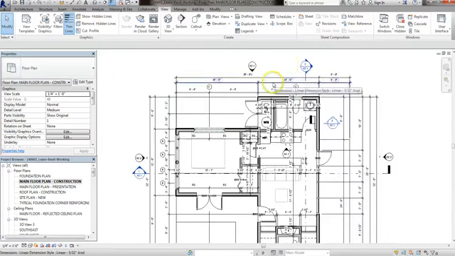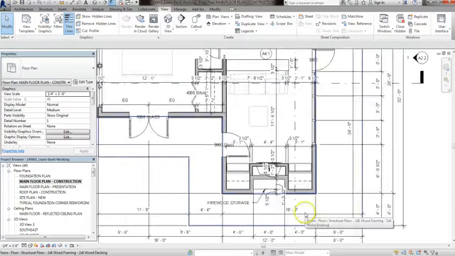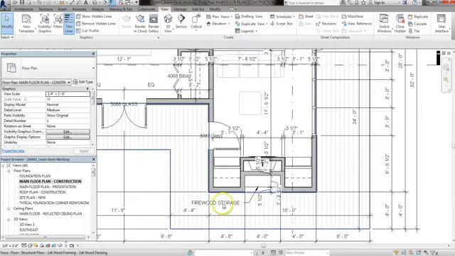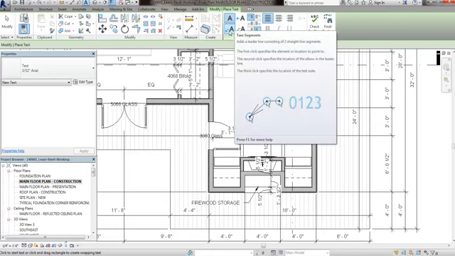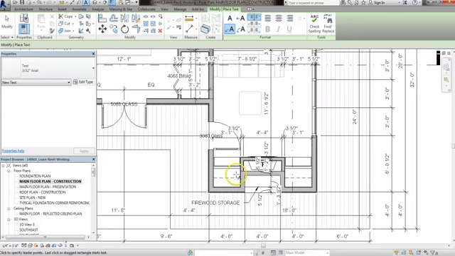The next thing we're going to do is create some text. So if you look at the bottom of your page, there should be a little text that says calls out for firewood storage. And then there's another text, which if I look over at mine, says hidden closets. So text is this big A up here. And what you need to know is right here, if you just had this click, you would just click right here and you could start beginning to do your text. But if you want leaders, basically, there's a straight one. Normally we use these 2 segment leaders. And the reason we use 2 segment leaders